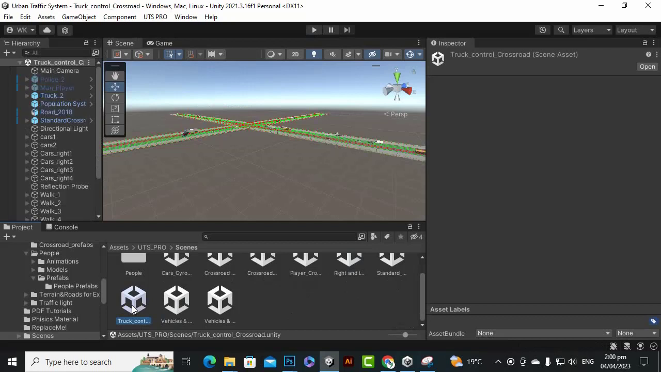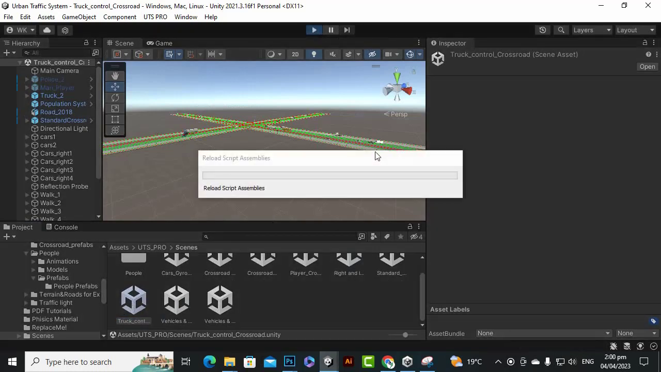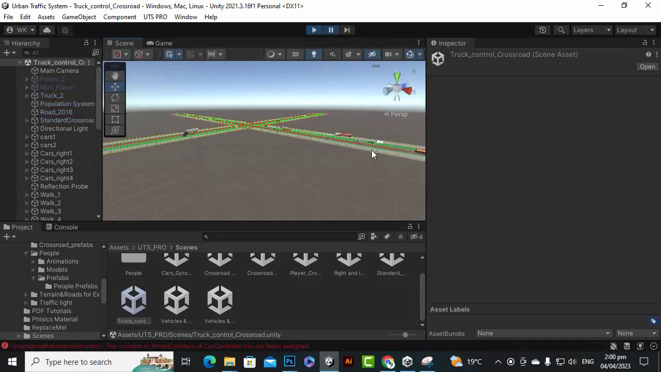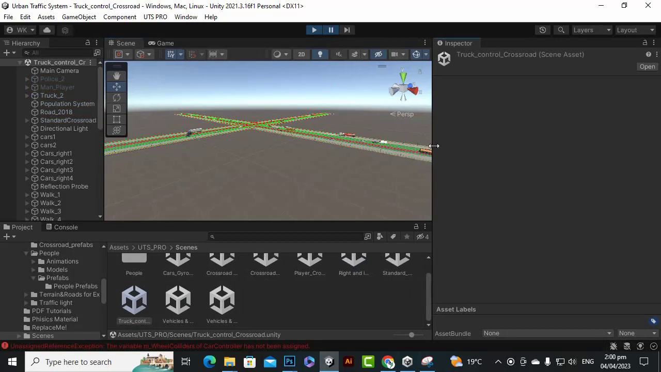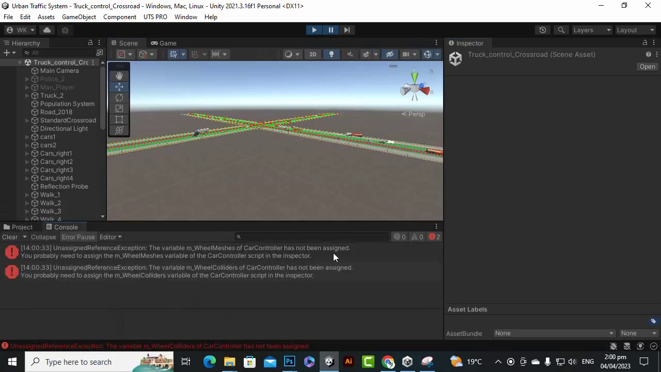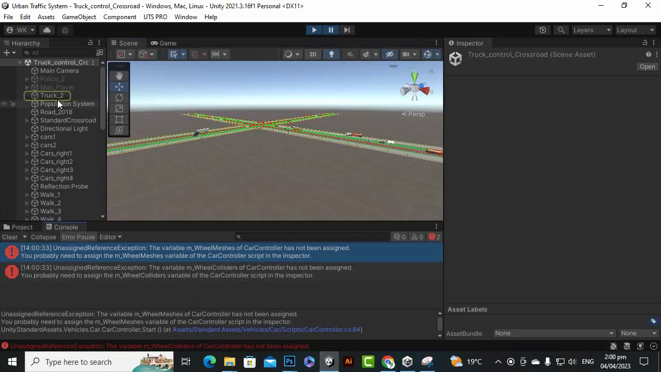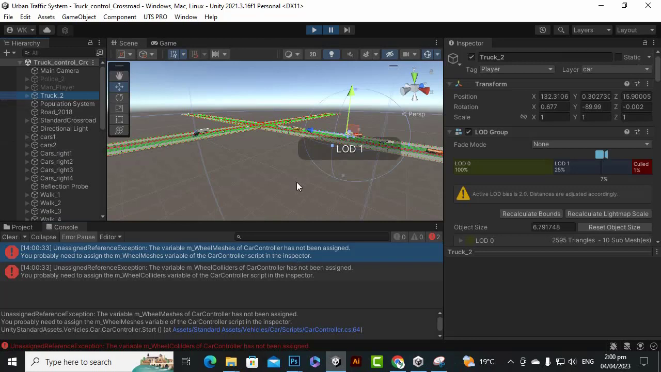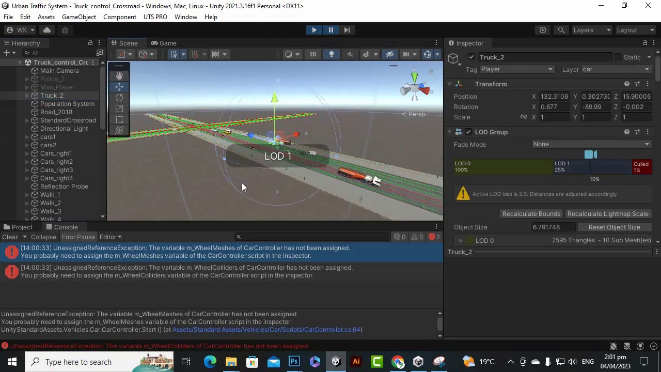For some reason the truck was not moving accurately, but I will just check it out again. If you play this, yeah, you can see we have an error here, okay. So what is the error for this particular scene? If we click on this error, you can see the truck 2, and here you can see that the wheel meshes variable of the car controller script in the inspector was not assigned. Okay, so we select the truck, you can see we can focus on the truck,